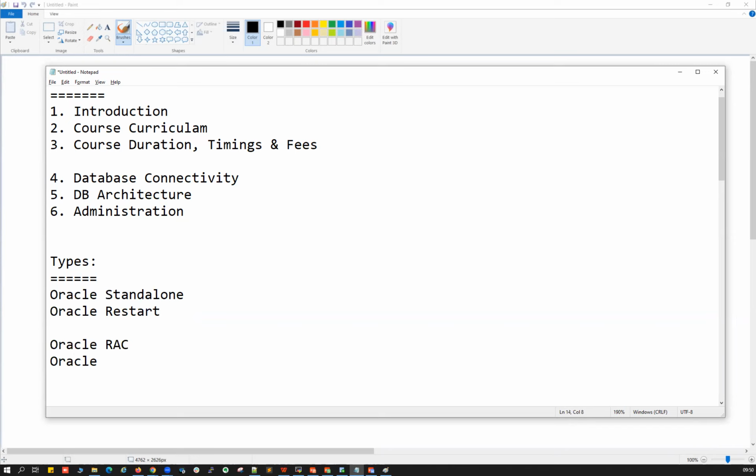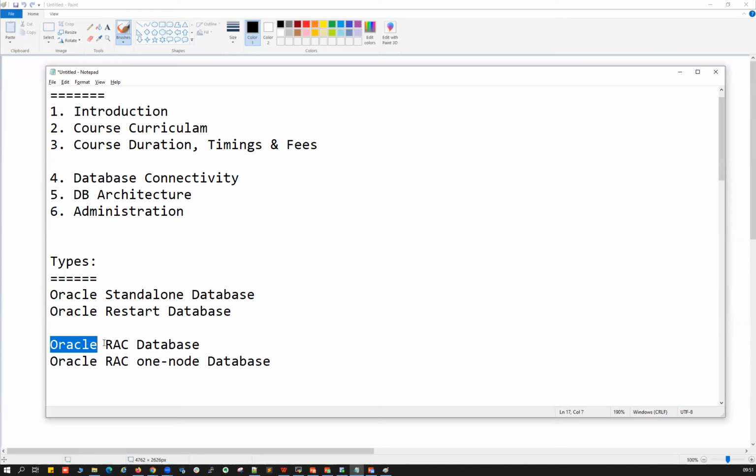Oracle is the keyword. Oracle standalone database. Oracle restart database. Oracle RAC database. Oracle RAC One Node database. So these are the four types of database you're going to get in the real-time world. If you work in it, these are the only four types of database.